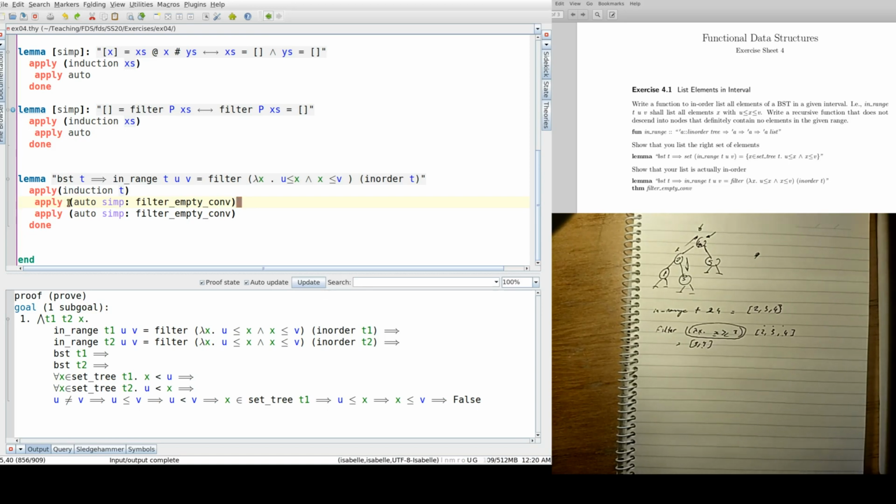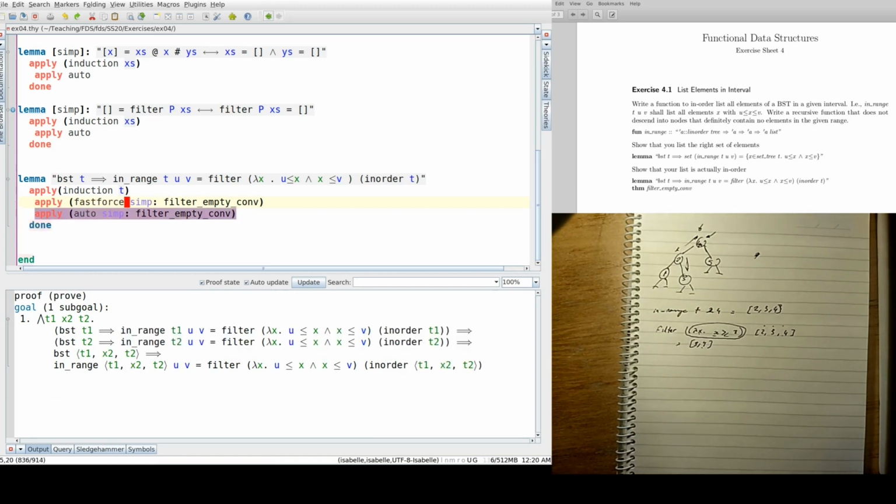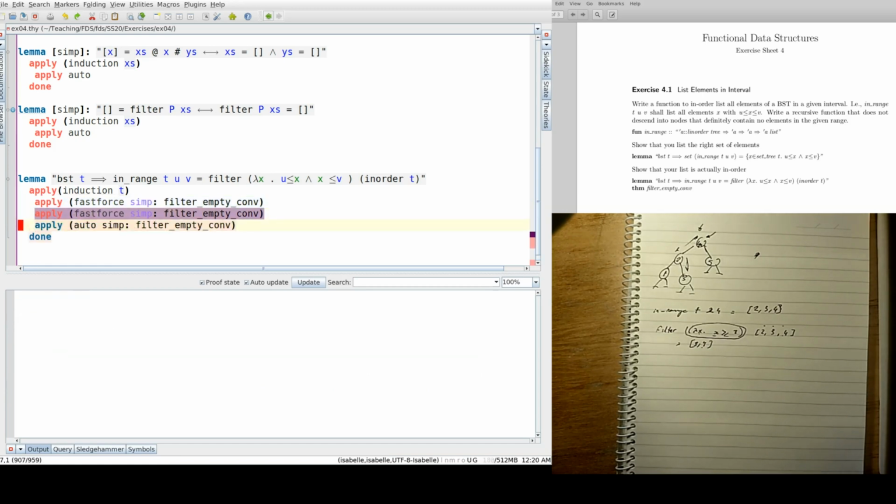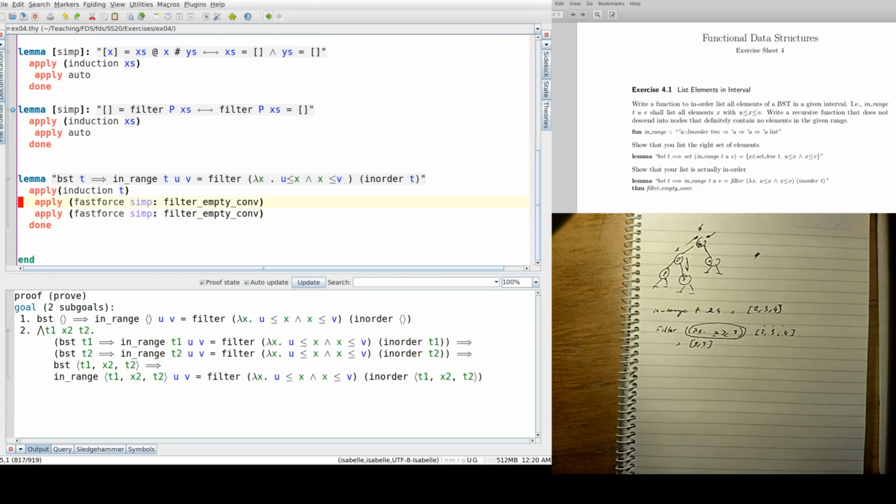Okay, and I think actually fast force might be faster for that goal. Let me see. So it's the first one. Let's see how the second one will go. Yeah, it is faster. So let me just show you